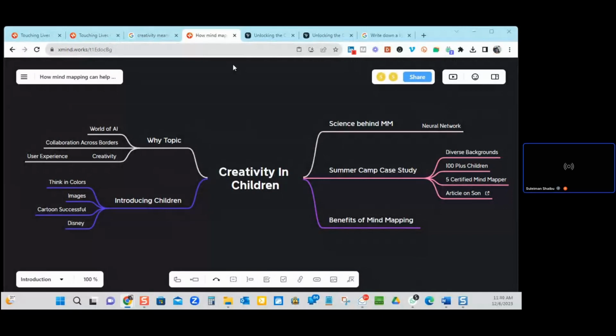We have been teaching mind mapping to a vast set of children, whether it is low income children or children that are going to private schools. Mind mapping is a very easy concept. You can teach it both in manual and in digital format. We've taught over 100 plus children, teaching this concept of why it's important for them to understand how to use a tool like